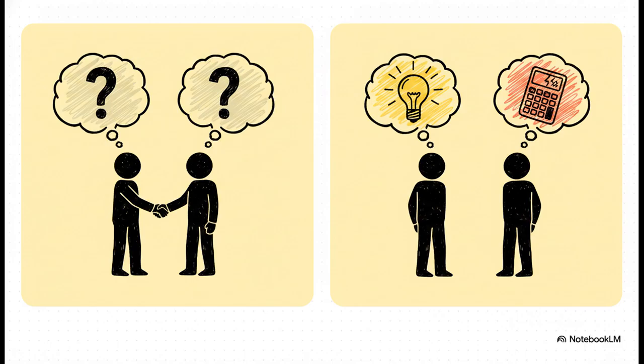But if it's a unilateral mistake, meaning just one party messed up, you're in for a tough time. The law is incredibly reluctant to let you bail on a deal just because you, say, fumbled your math. To escape a unilateral mistake, the enforcement of that contract has to be downright unconscionable, or you have to prove the other side actually knew you made a mistake and actively tried to exploit it.